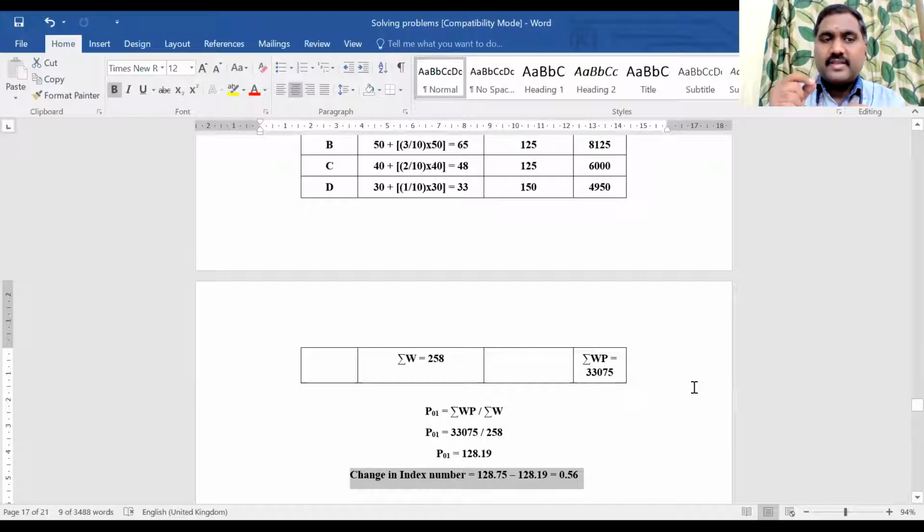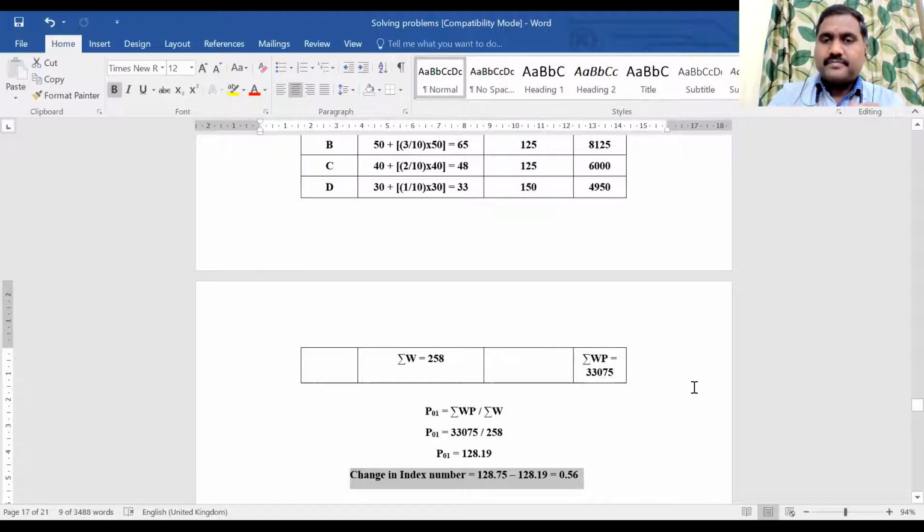Because under each and every method there are different procedures. In the simple method, we have to sum up all the price values, base and current year, and substitute into the formula. For simple aggregate, we find the log value and anti-log. For Laspeyres, Paasche and the like, according to the formula we need to find the combinations P0 Q1, P1 Q0, P0 Q1, P1 Q1, for Laspeyres, Paasche, Fisher. That's it.